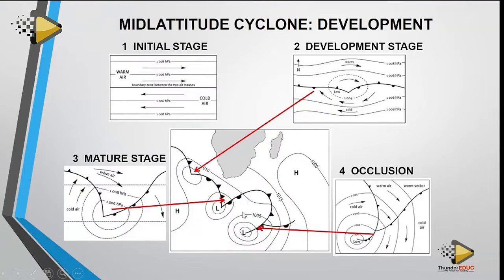But now you must also be able to describe the characteristics of a mid-latitude cyclone in the occlusion stage: that the warm sector is narrower. What makes the warm sector too narrow? It is the